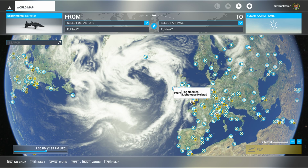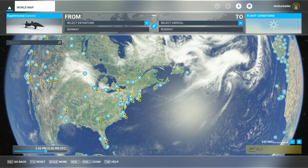And Palace of Westminster, Needles Lighthouse. Can't find. There's Liverpool. Can't find Heathrow. Heathrow's probably right under there somewhere. Anyway, we don't have to find Heathrow. We're not going there. Where we're going is St. John's,